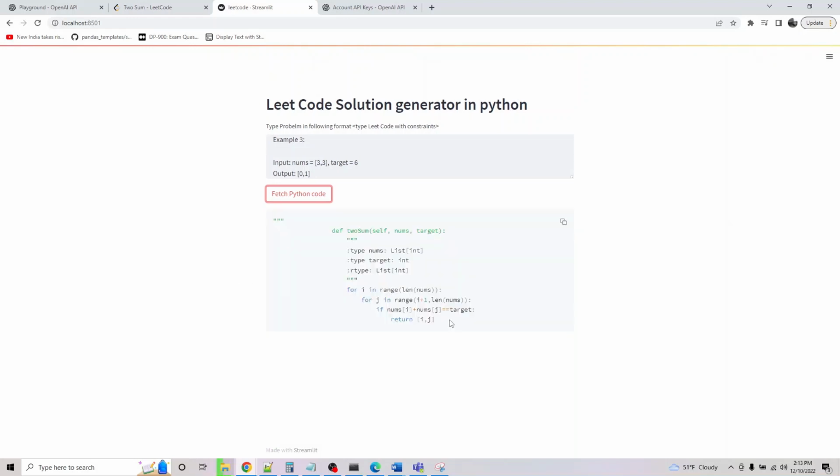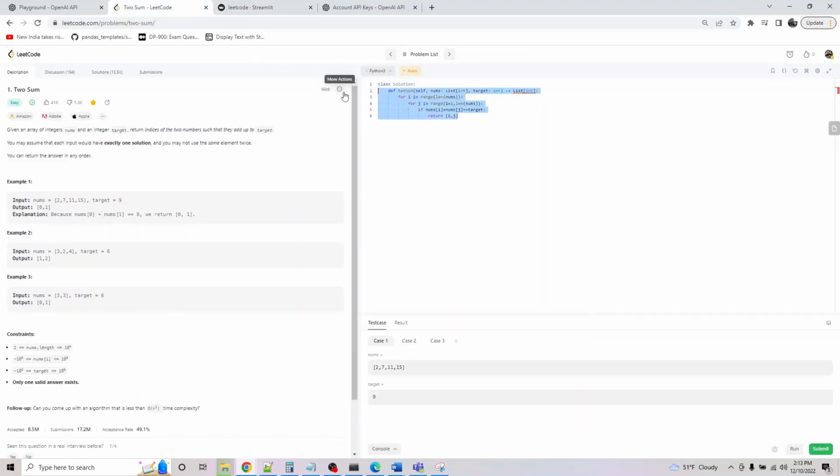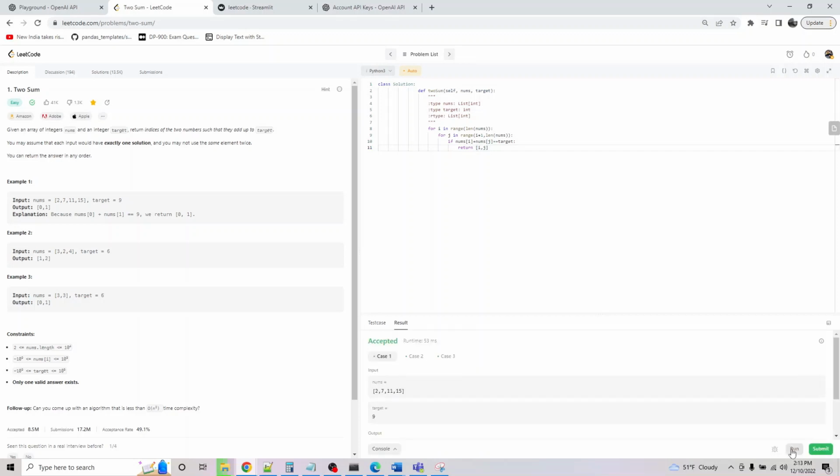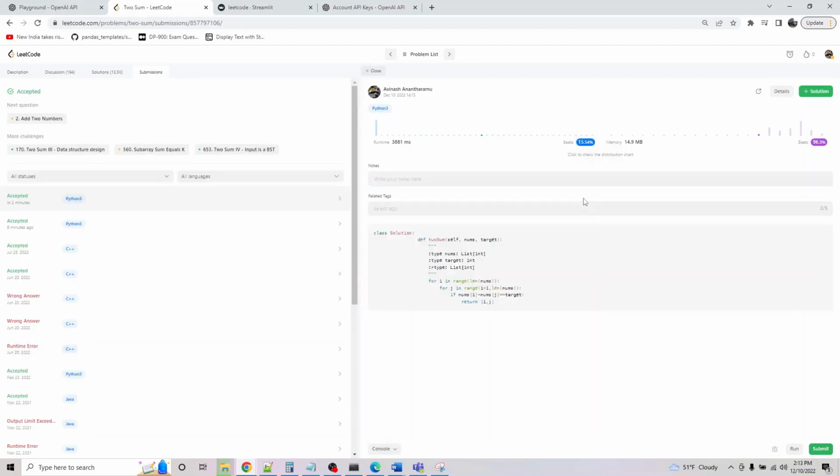Okay, so we got the code, and I'm just copy pasting this entire function here. So let's see if our solution works. Cool. So our solution did work. Okay, so let's actually say